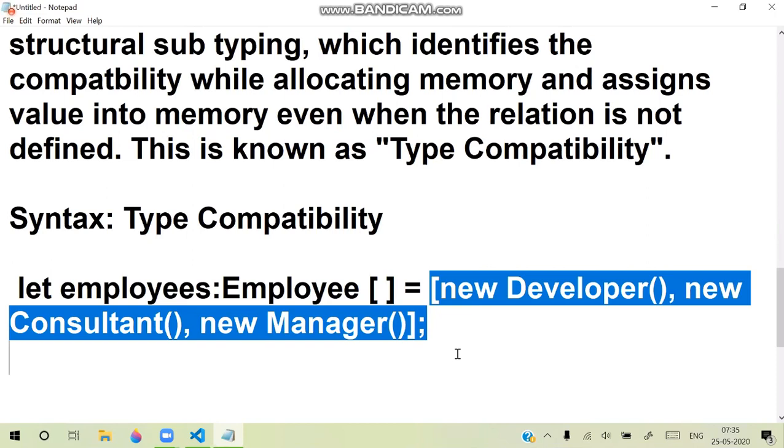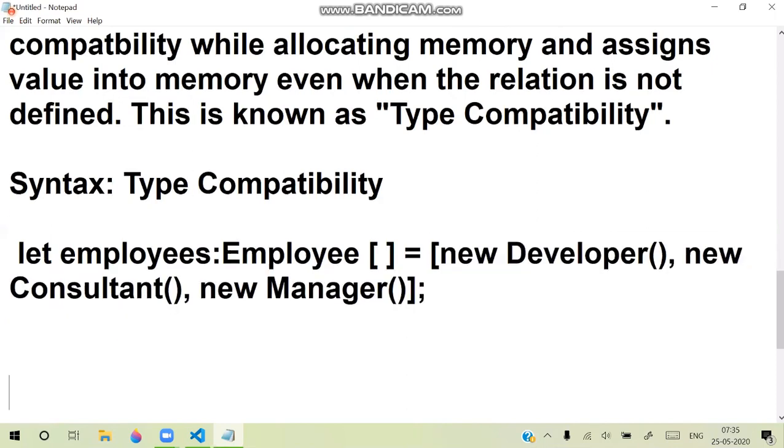This is type compatibility. It need not have a relationship; without a relation it can also check the compatibility and handle it. So that is very important, right? These are the basic things that we have to know while we